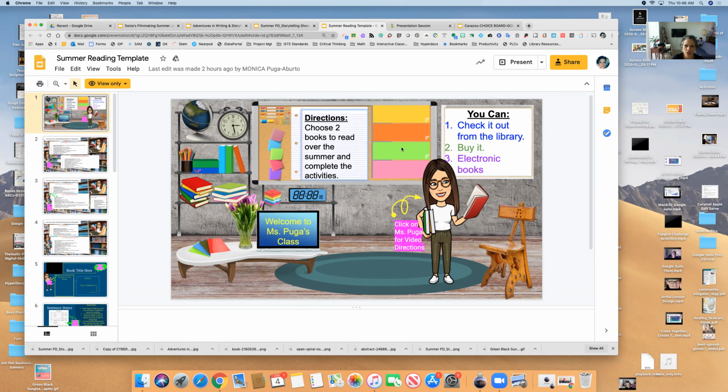One of the things she said she learned from the session was, see how you can click on all these pictures, so if she sends it to the kids, they're going to be able to move all these things around. Maybe there would be a reason for that, but in her case, she wants it to stay the same. So she's going to put all of this in the back, in the master slide, so that they can't move any of that around.